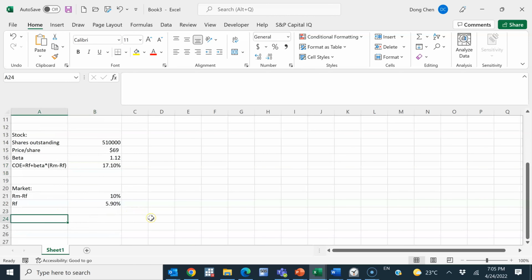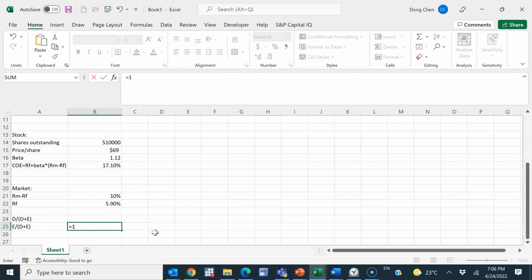So the only thing that we need to figure out is the D over D plus E, right? The debt ratio. And once we know that, we can also easily figure out E over D plus E, the equity ratio. And the sum of these two has to be 1. So once we figure out the D over D plus E, we can easily figure out E over D plus E, which is 1 minus that. Just remember, as I said, the D and the E both need to be in market values,